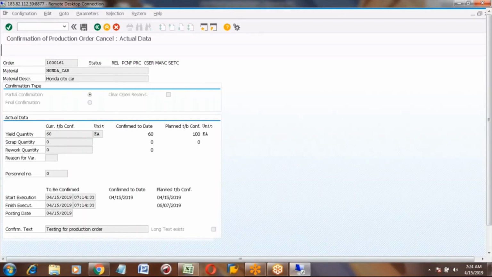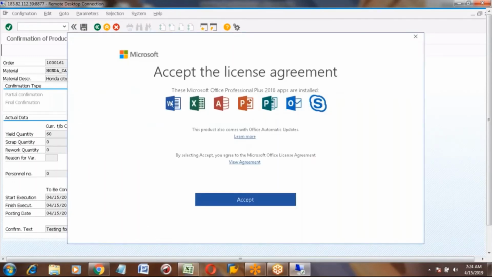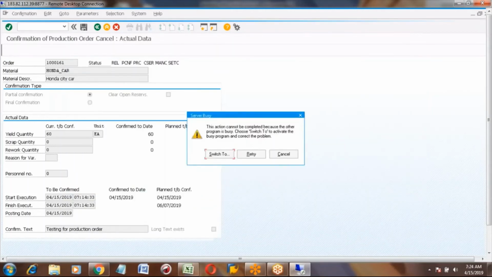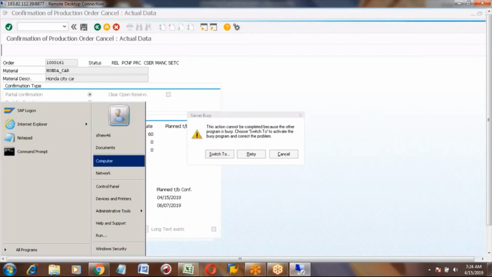Once you click on the save button, it will open a Word document. I'm sorry, say one more time how you did this, because I did not pay attention. Okay, one minute.